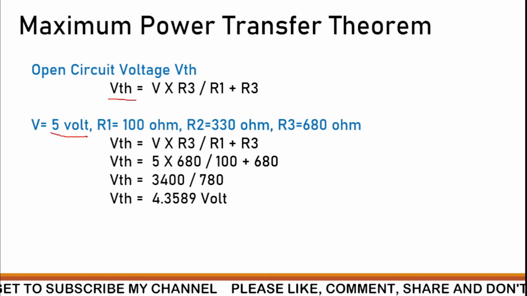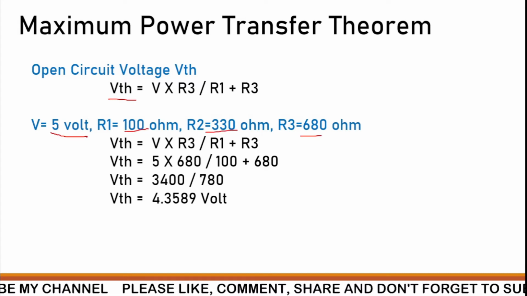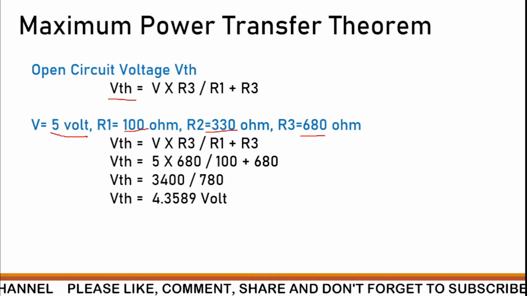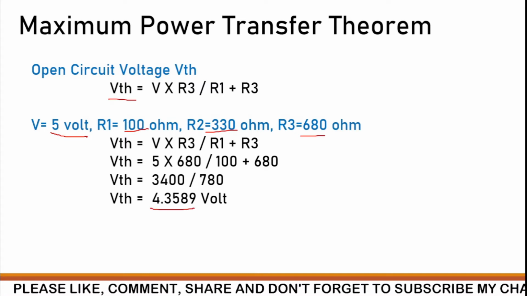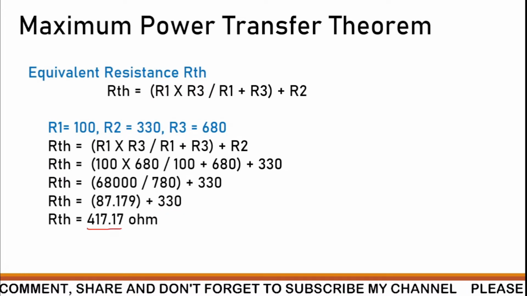So look at here how we are going to calculate VTH. For that purpose I have taken 5 volt V, R1 100 ohm, R2 330 and R3 680. So this calculation is already done in Thevenin theorem. So VTH is 4.3589 volt. Here RTH is there for